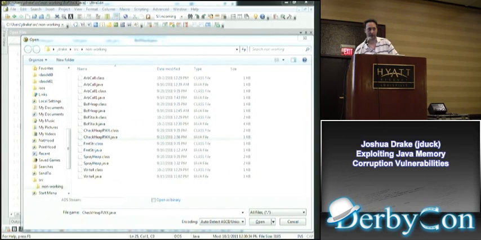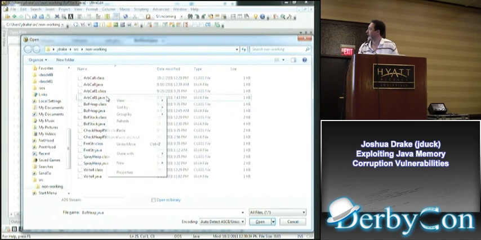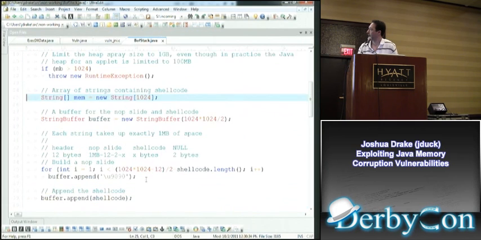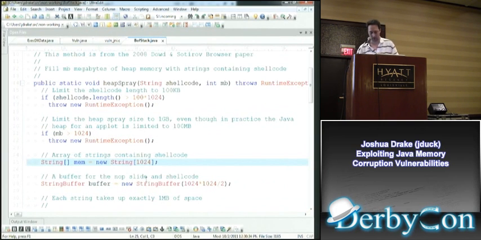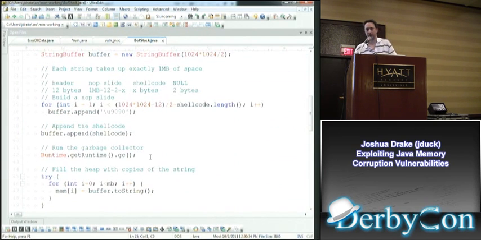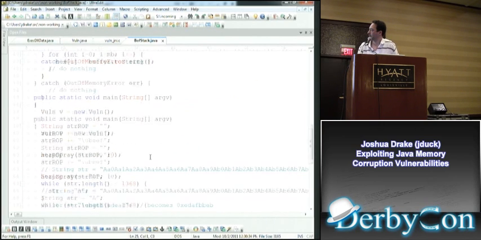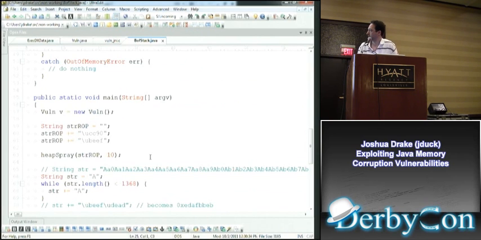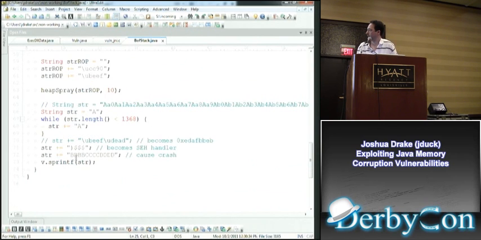So obviously the format string one is just not going to do anything. It just exits the process. The heap one takes too long, and the arbitrary call one is started on. But the BOF one, the stack buffer overflow one, I was trying to just spray the heap like I did before in the JRE6 exploits, and then the plan was to put a ROP in the heap spray, and then use the stack buffer overflow to overwrite the return address, or actually the SEH handler, and then end up in the ROP.